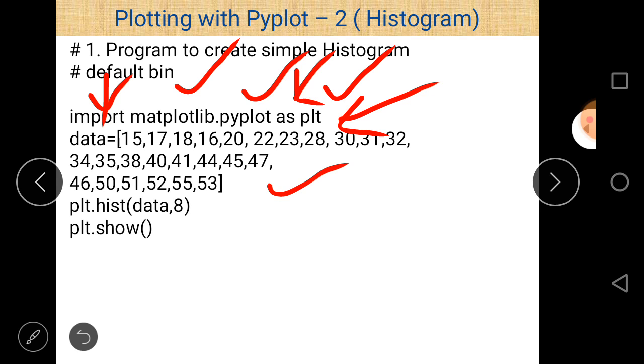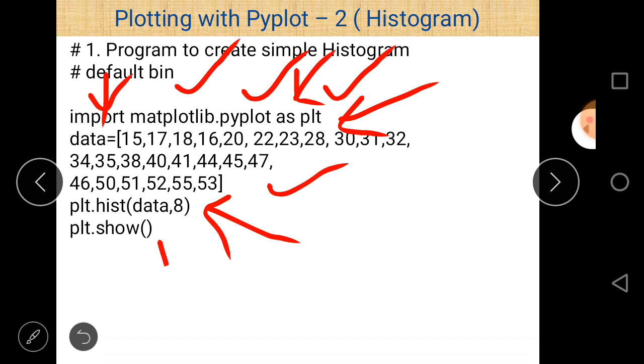And if we want to use a function belonging to that library, we can just write the dot sign and after that the name of the function, as given in the second last line, plt.hist(data, 8). So data is a list and 8 is the number of bins. So the histogram contains 8 bins.